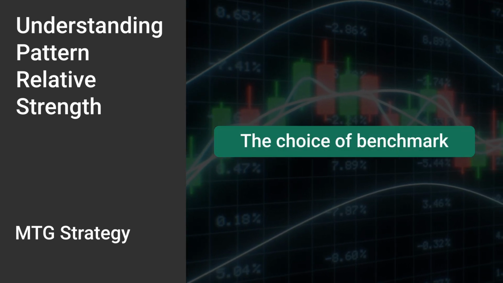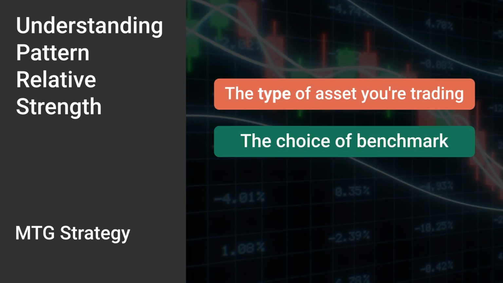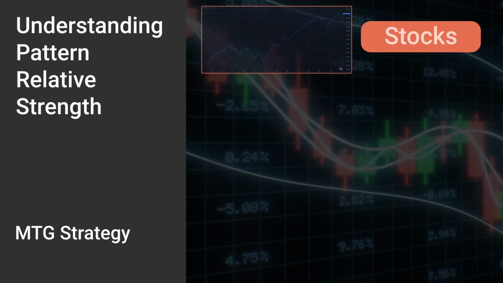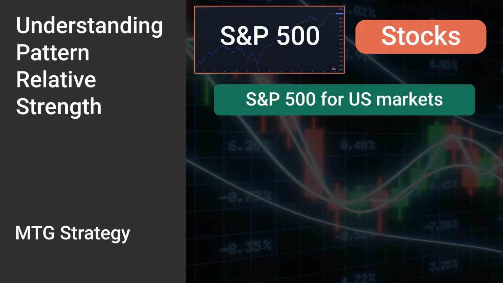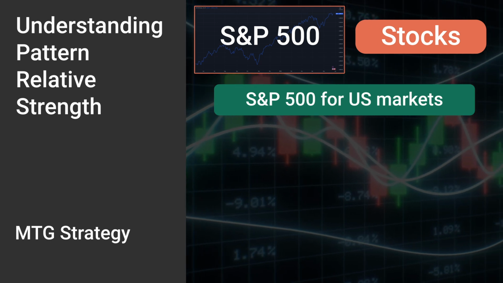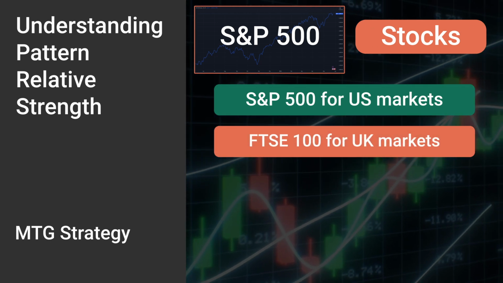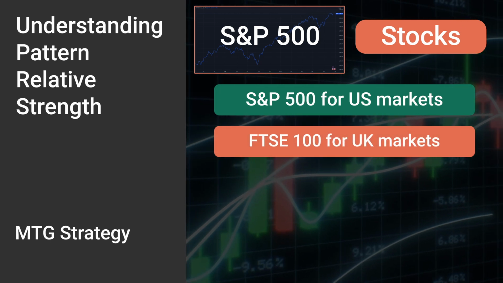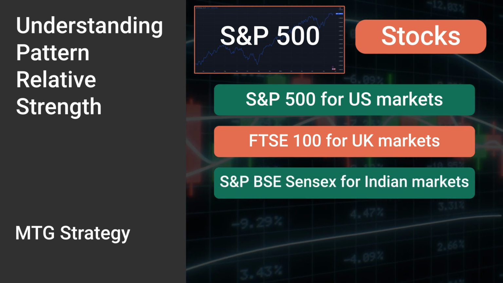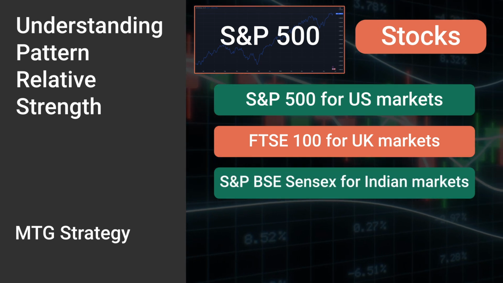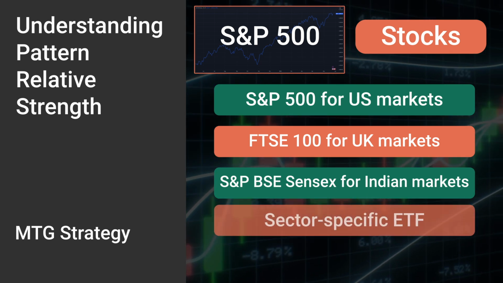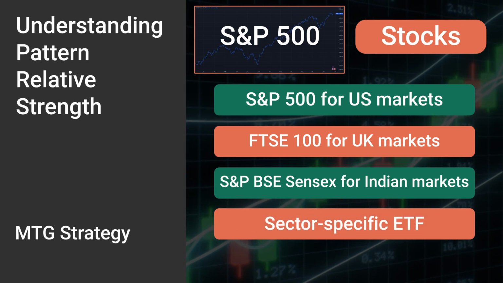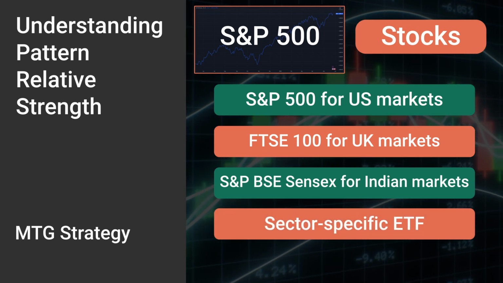Now, the choice of benchmark depends on the type of asset you're trading and the market you're operating in. For stocks, the benchmark could be a broad market index like the S&P 500 or NASDAQ if you trade the US markets. If you trade the UK markets, for example, you would look at the FTSE 100 index. Or if you're trading the Indian stock market, you could compare the stocks to the Sensex index as a relevant benchmark. You could also use a sector-specific ETF as a benchmark if you wanted to compare a stock's performance to